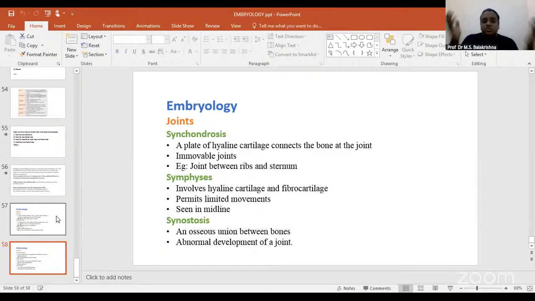So it's a joint between two cartilages. A plate of hyaline cartilage connects the bone at the joint. So between two bones, if there is a cartilage, it is called synchondrosis. So the joint between ribs and sternum comes here. And then next is your